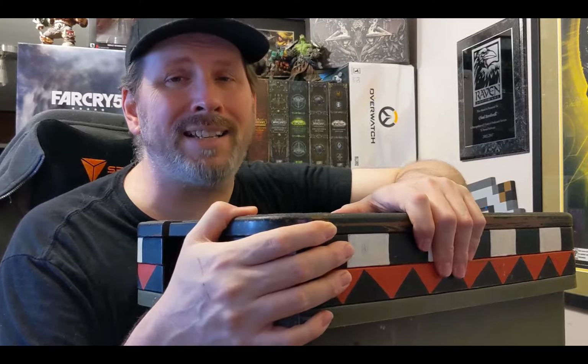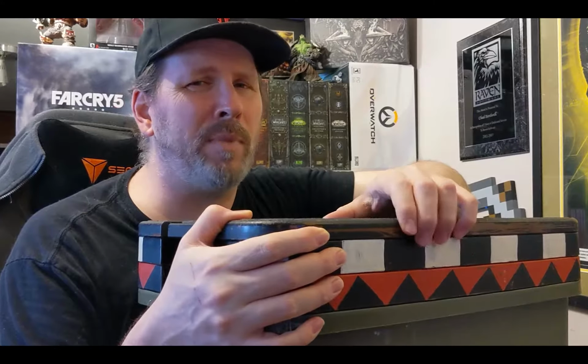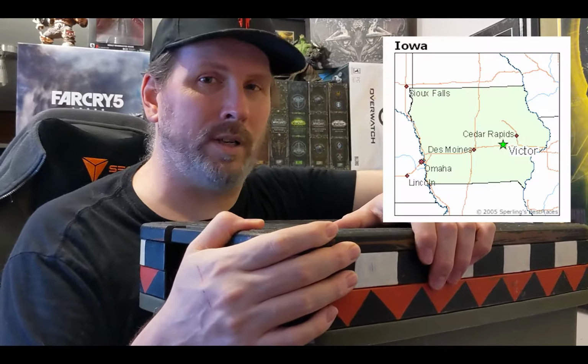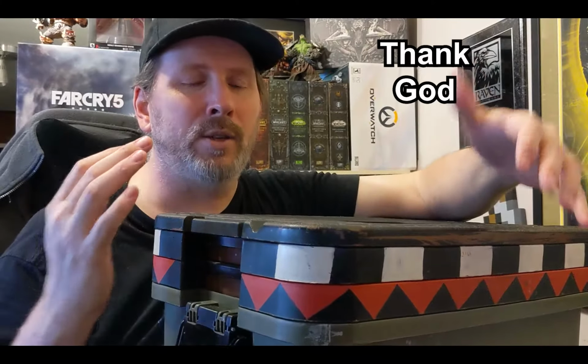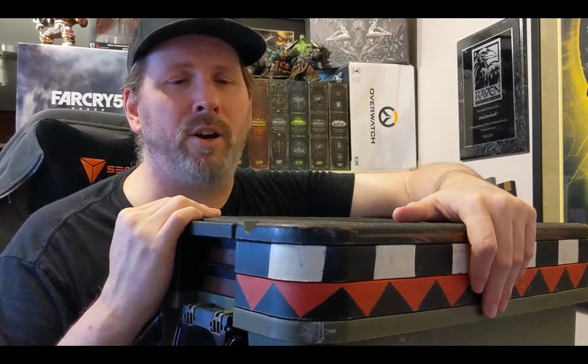Before we get into this, let's talk about the box itself. I made the box, and I don't mean I colored it and bought it. I used to work at a plastics factory in Iowa, and I made this in a plastics injection factory. The mold opens up, the pieces come out, you trim them. So I made this one, and I have one other too, but it's so great for carrying an army around